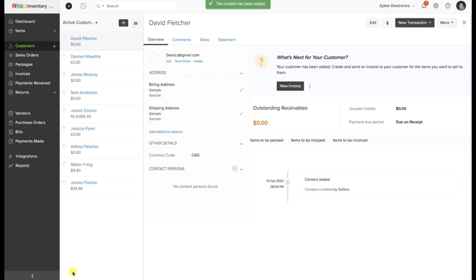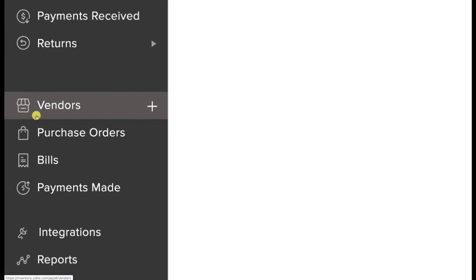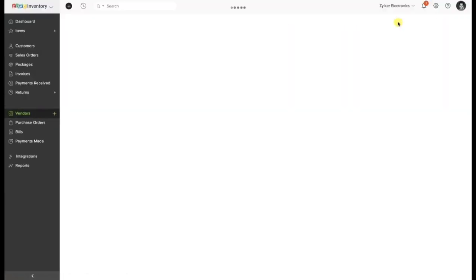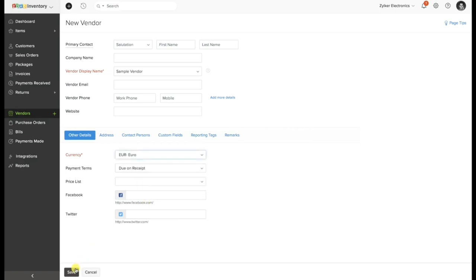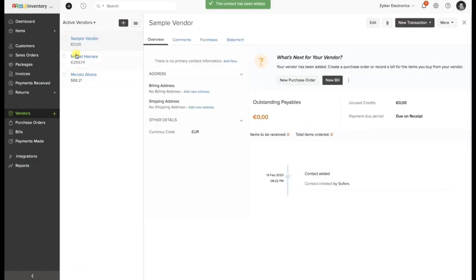To add a new vendor in Zoho Inventory, go to the Vendors module in the left sidebar. Click the plus New icon on the top right corner. Enter all the basic information and then hit Save. You can import your contacts and contact persons into Zoho Inventory in the form of a